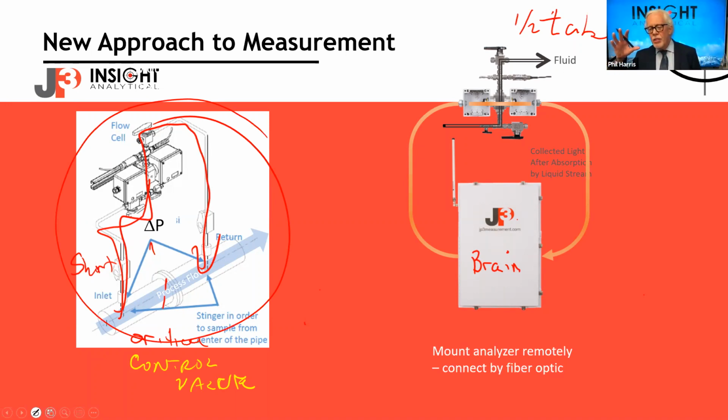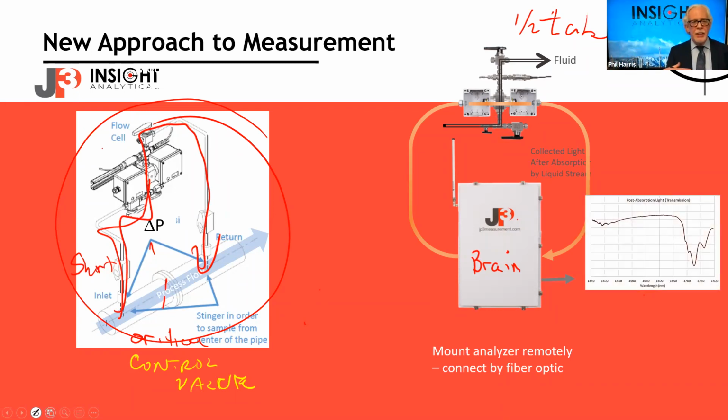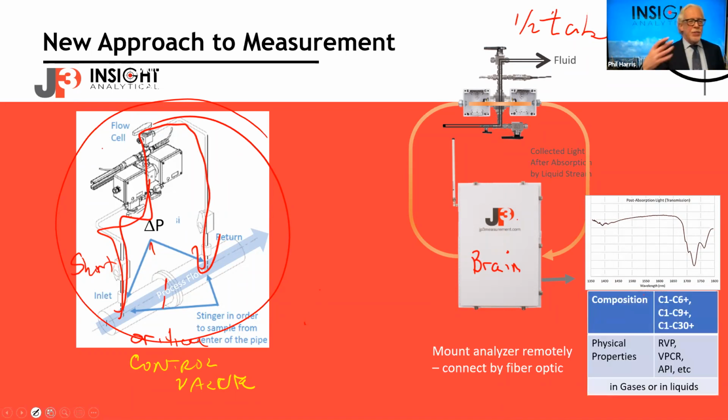We now send that beam of light over the fiber, bring it back. We measure that infrared light to get to a spectrum that we see. And we take that infrared light that we just measured, run it through some data analysis algorithms. This is the part we're going to talk about later today, how do we get to this part of it? We run it through these algorithms to take that measured spectra, that raw data, convert it into